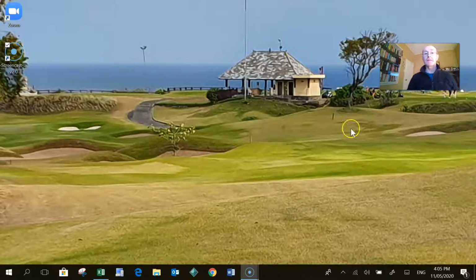So that is me last September in Bali. Beautiful golf course overlooking the ocean there. Quite a challenging course. Very hot and humid. So, playing golf this weekend. Fantastic news. Right, let's get on with